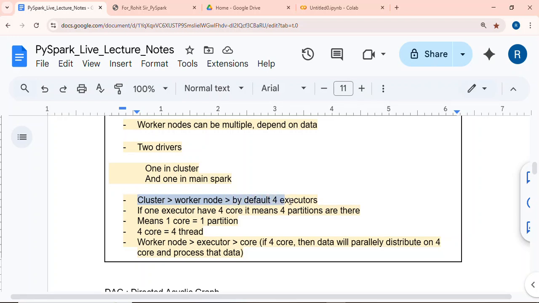वर्कर नोड में बाय डिफॉल्ट फोर एग्जीक्यूटर्स रहते हैं। इफ वन एग्जीक्यूटर हैव फोर कोर, इट मींस फोर पार्टीशंस आर देयर। अगर एक एग्जीक्यूटर में चार कोर है, सो वहां पर चार पार्टीशंस होंगे। सो इट मींस वन कोर इक्वल टू वन पार्टीशन। आपको पता है कि स्पार्क में पैरेलली डेटा प्रोसेस होता है, तो वहां पर डिफरेंट कोर रहेंगे, डिफरेंट पार्टीशन रहेंगे। फोर कोर इक्वल टू फोर थ्रेड। अगर फोर कोर है तो वहां पर फोर थ्रेड होंगे।